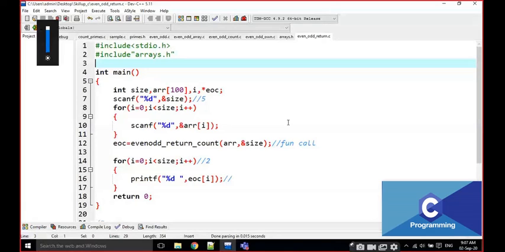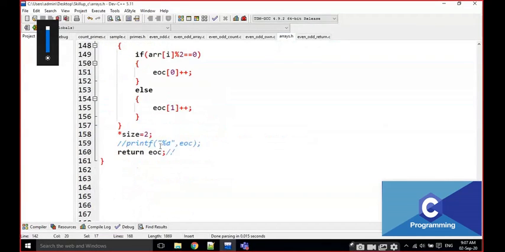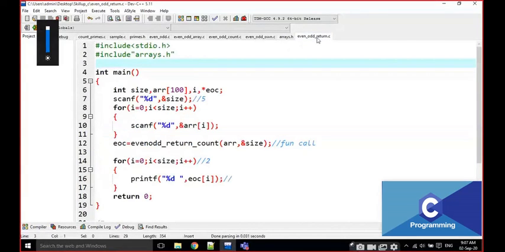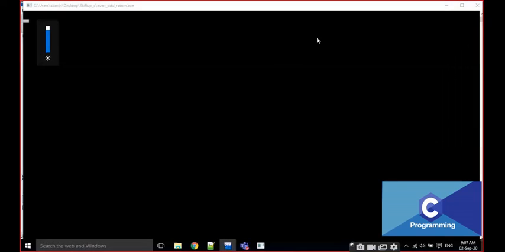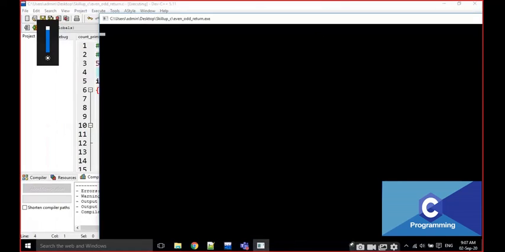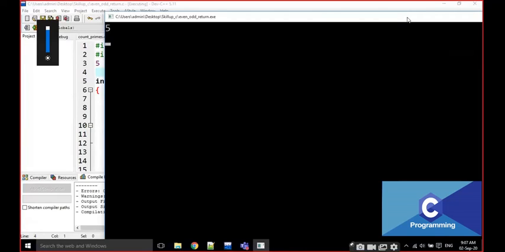If you don't understand the function definition, the function call, and what result is printed, you are not working on it. For example, here I am not changing the size. I am going to execute this one. Giving 5, and 1 enter, 2 enter, 3 enter, 4 enter, 5.